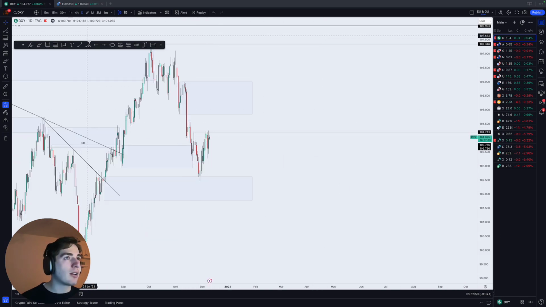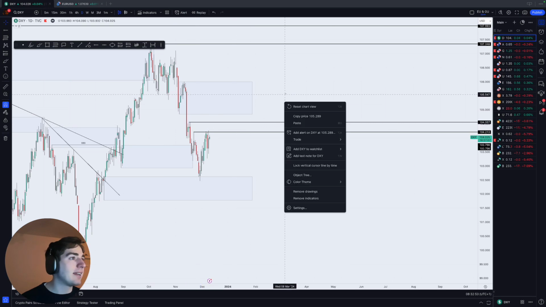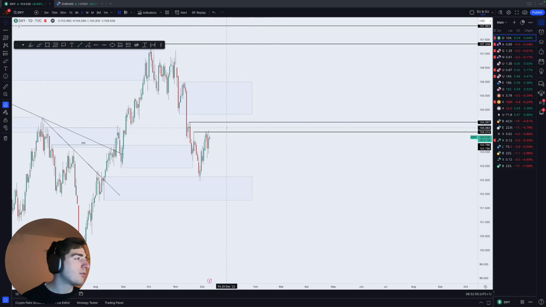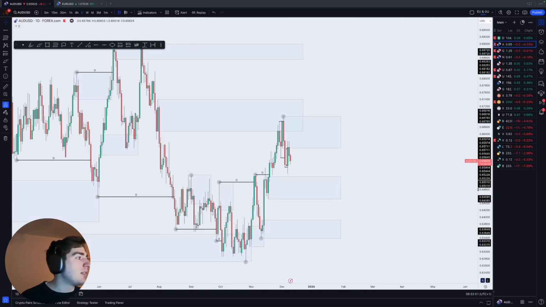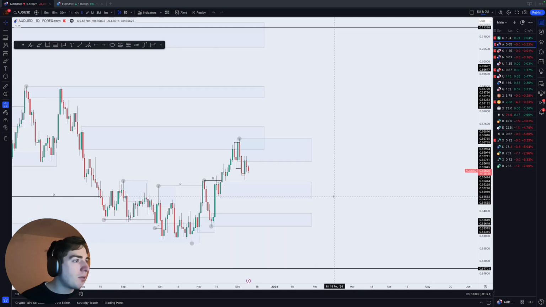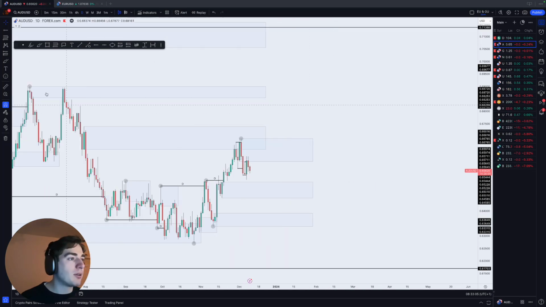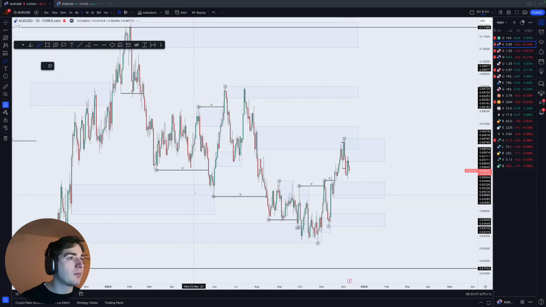Let's see, I want to at least, soon this week, take out this high over here of around 104.567. Moving on to AUDUSD. So AUDUSD has been pushing down today. What I'm looking for on AUDUSD pretty much is, and I've just drawn it in because you guys know